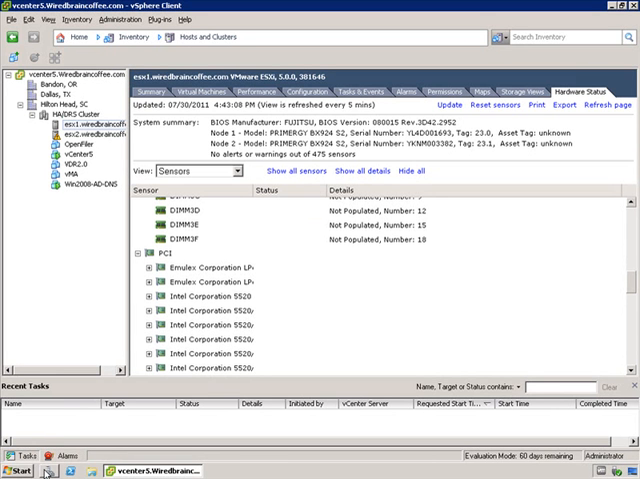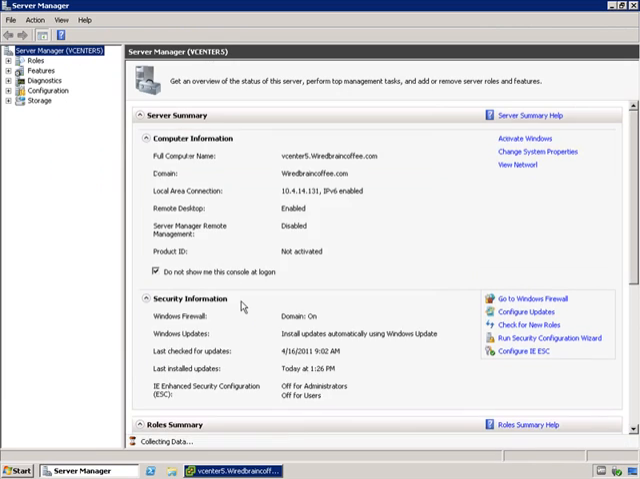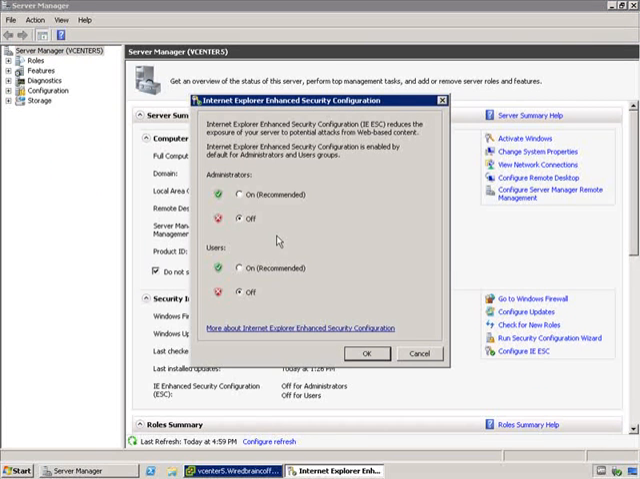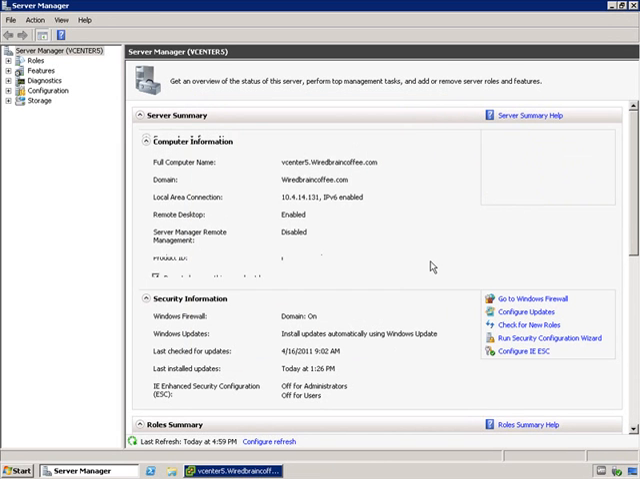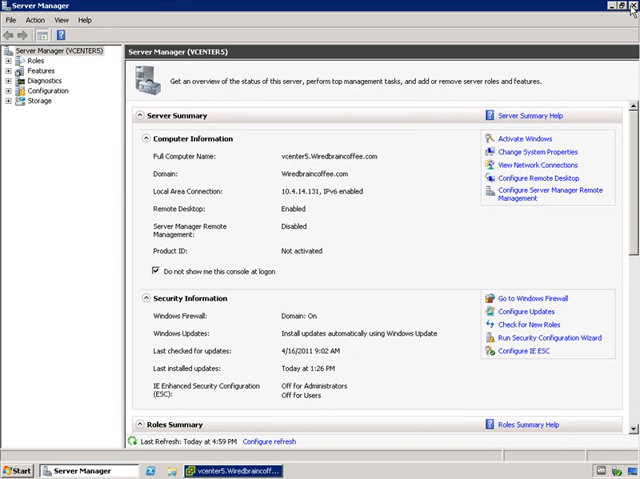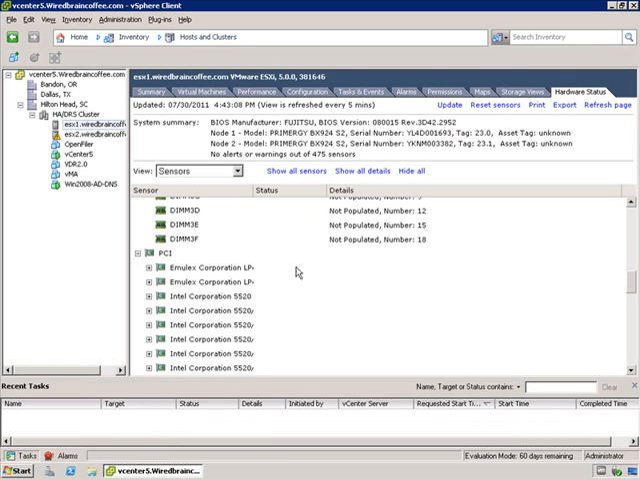Now, for those of you that don't know how to disable that, it's under Server Manager here. Make sure you select the root at the top of the tree. Come down here to where it says Configure IE ESC. Select it and make sure you have it turned off. That way it won't interfere with Virtual Center in displaying the information that you want in here for the